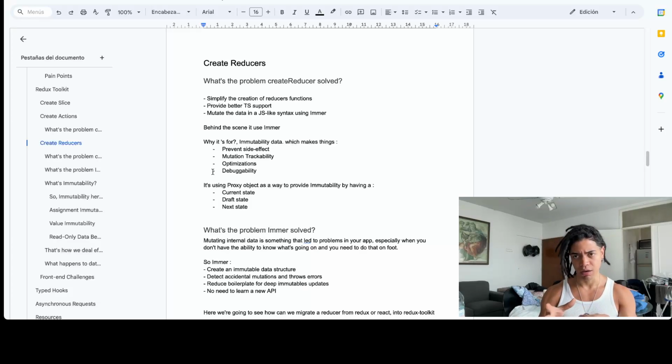When you need to mutate the state, as well as to handle cases, we're going to give you a builder notation that allows you to do that. It allows you to write normal mutable JavaScript code, but behind the scenes we are doing immutable